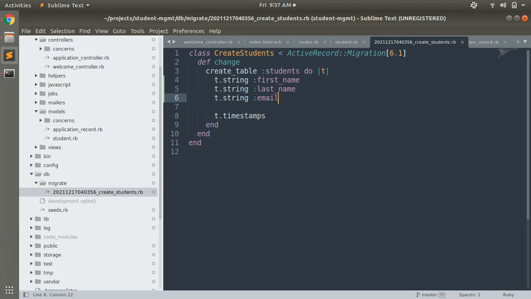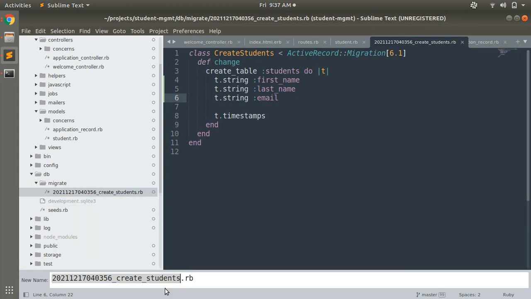Because every Active Record model that we create must have a migration associated with it, and that migration will help you maintain the schema for that model. When you generate the model, you get a migration by default. Here, if you can see my screen, let's copy this and try to understand it.